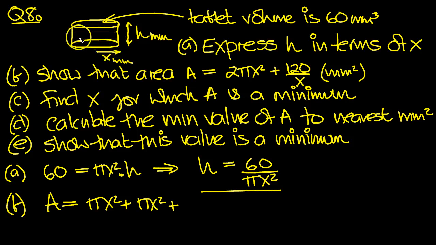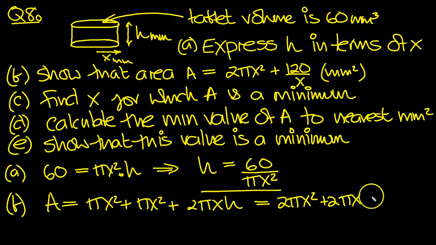So that would be the length of the whole cylinder if it was unwrapped. 2 pi r is the circumference distance, times the height is the area when it's unwrapped. So it's 2 pi r, which is 2 pi x, times the height, which is h, and we can put in the h value, can't we? So we get 2 pi x squared, which is what we want, and then it's 2 pi x